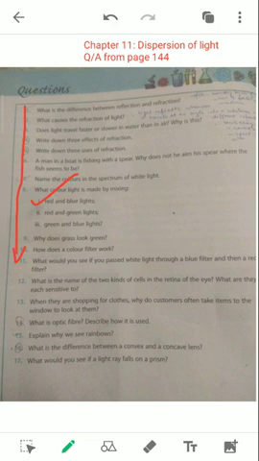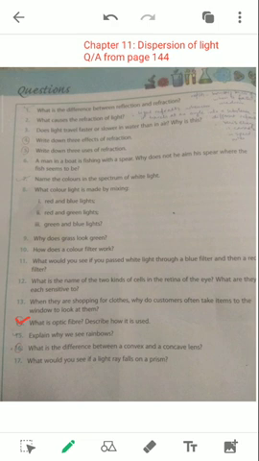Okay, so let's start with the first one, which is question number 14. What is optic fiber? Describe how it is used. Straightforward question. You need to learn about optic fiber and how it is used. So you can either find it from the book, but I also have included the answer in the coming part of the video, so you can check that out as well.